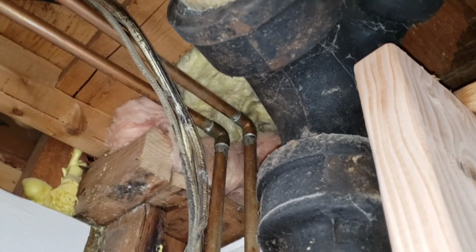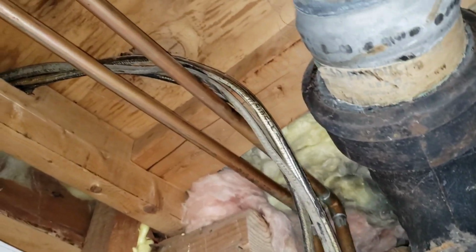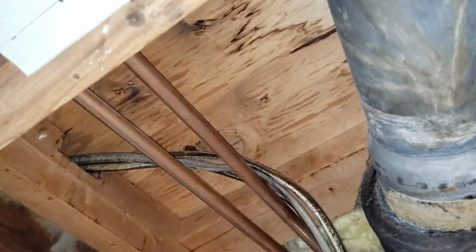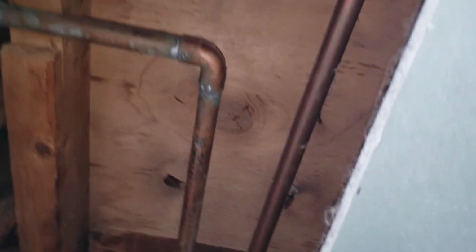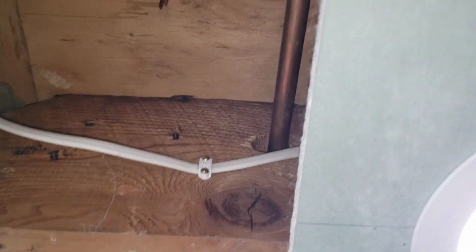This is my next area of attack. These are the hot water lines, the feed and return that go to the upstairs radiator. They go up through the ceiling in these joist bays, and they come along and they dive into the wall and then go up to the radiator. So these copper pipes need to be insulated